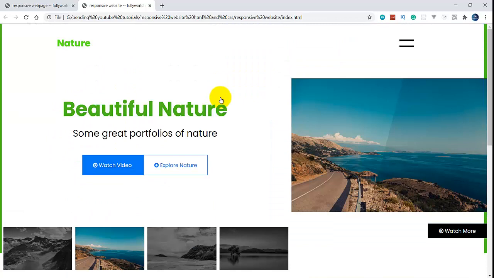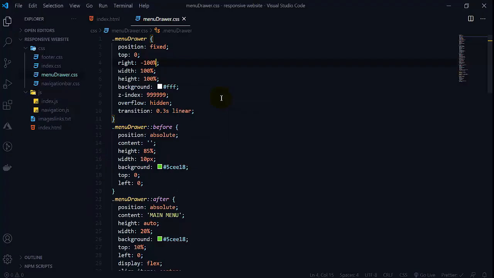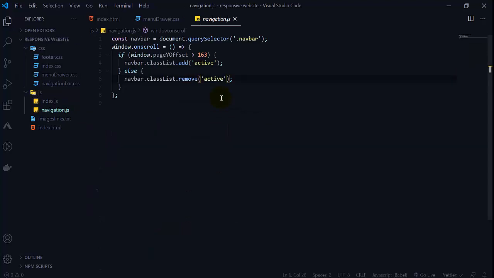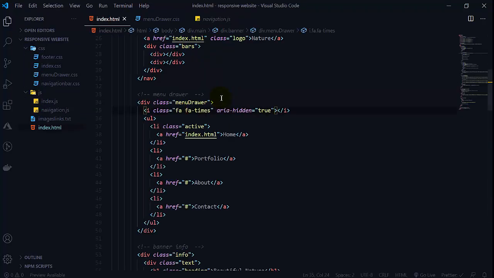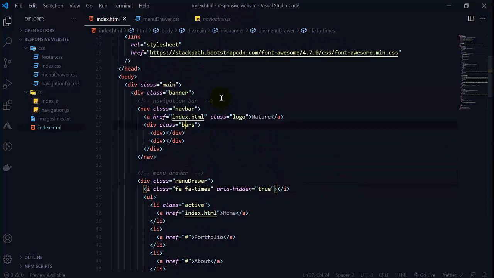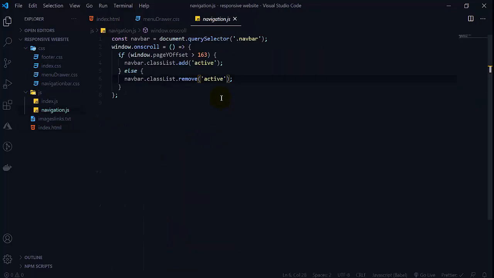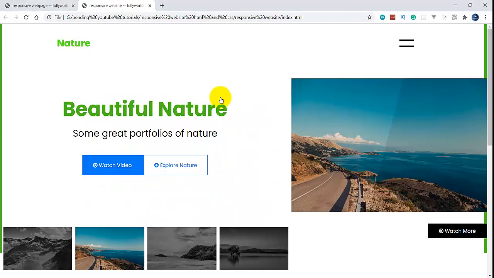So first we have to add JavaScript here. So let's add our JavaScript. Go to navigation.js. So in the index.js, first of all we will copy this. We will add our variables here. So here will be our constant as bars. These ones are known as bars here.